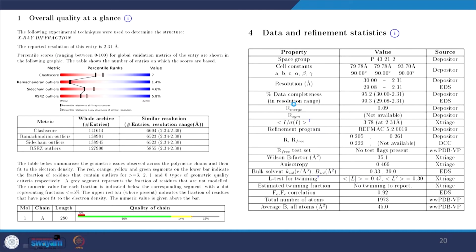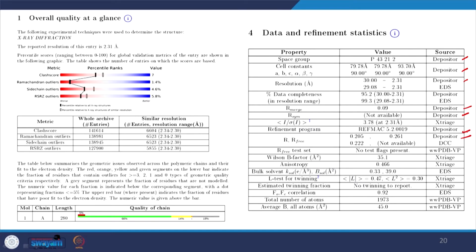Coming to data and refinement statistics, here space group, cell constants, resolution, percentage data completeness, R merge, R sim, signal to noise, I by sigma I, refinement program, R free of the test set, Wilson B factor, anisotropy, bulk solvent, L test for twinning, estimated twinning fraction, F0 Fc correlation, total number of atoms, and average B factor is given. Some of them are coming from the depositor. So, I was the depositor of the structure. So, these are informations coming from me,